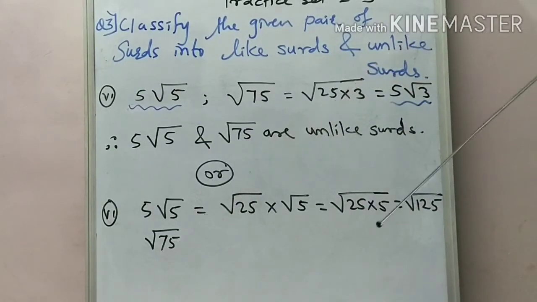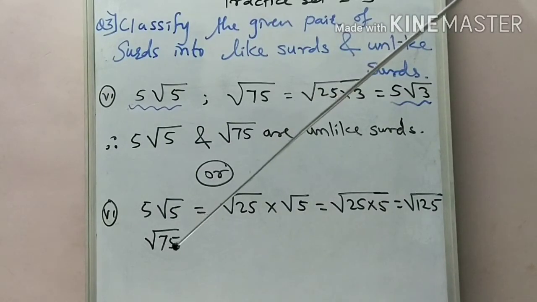Now we compare these two. Here we notice that the radicands are not the same, and hence the given pair is not like surds, it is unlike surds. Okay, so a 1 mark question like this is asked in the exam. Okay students,